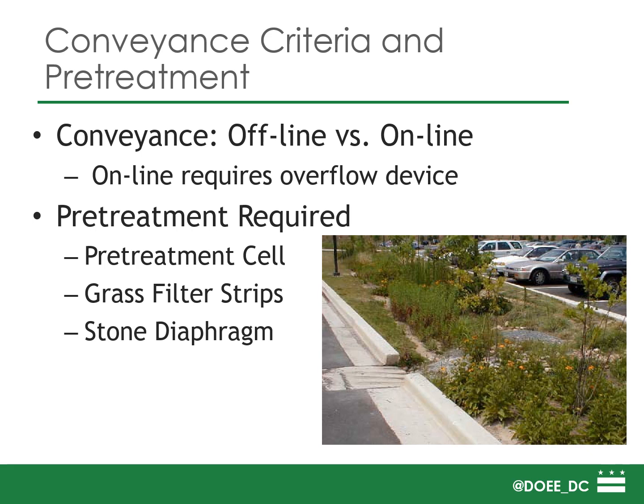So that can come in a number of different forms, generally where the inlet pipe is discharging, or if there's a curb cut, you can put a number of different pretreatment facilities: a pretreatment cell, grass filter strips if it's overland flow, or a stone diaphragm. Any sort of pretreatment that targets the inflow of the water and removes that